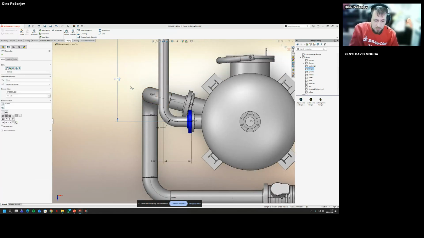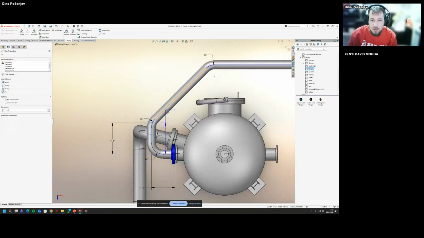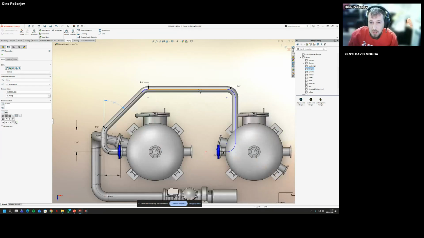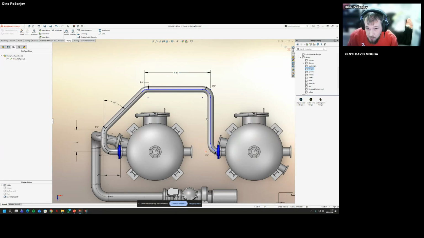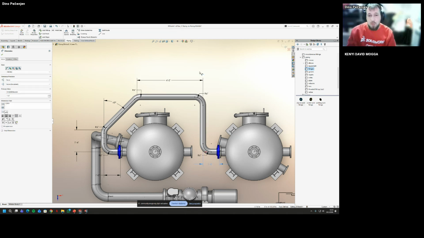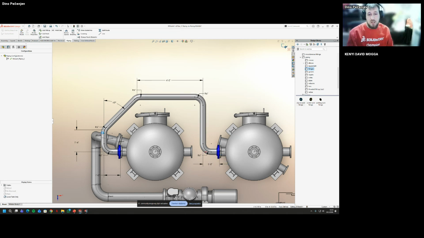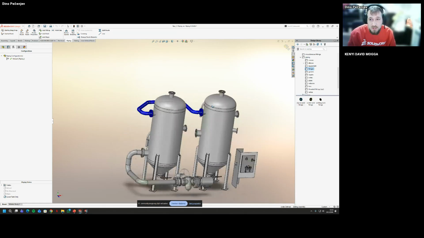And I'm just going to put the dimensions. So 1 feet, for example, 4 inches. So this, I'm going to use the 45-degree angle. For this one, it's going to be 4 feet. And for this specifically, I can just drag and drop it, regular sketch, and I'm just going to do a 1 feet. And my route is complete here. So this is for the second route.